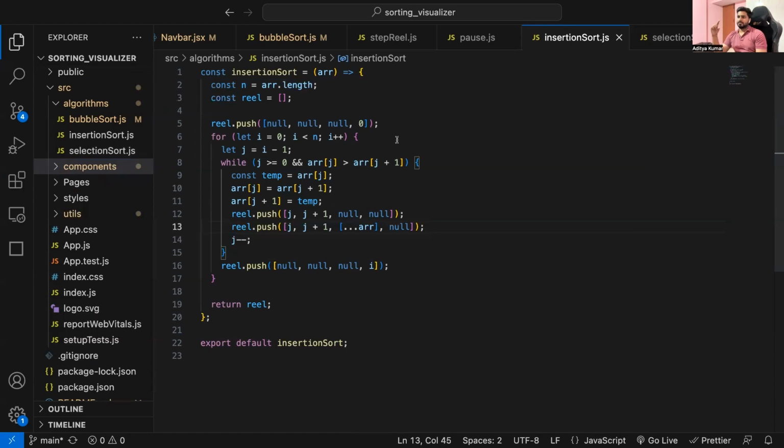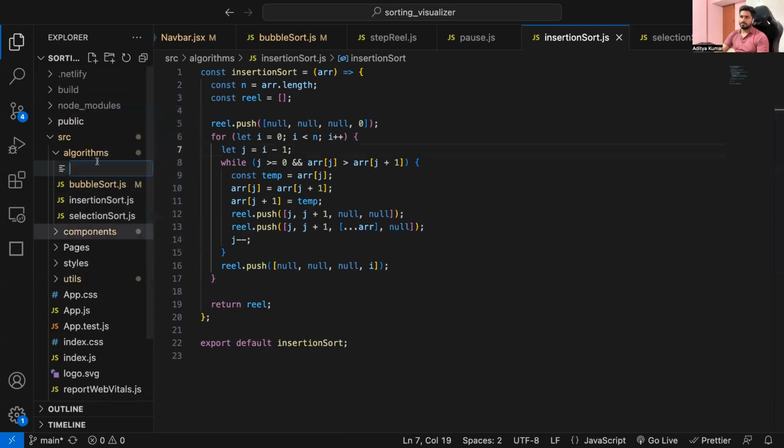The status of the array has changed. So every instance of that, every state of that array, we are pushing it here. Again, I'm telling you, you can use either an array or an object, whichever way you like. Now somewhere down the line, if you want to add quick sort here, let's say I want to add quick sort here,